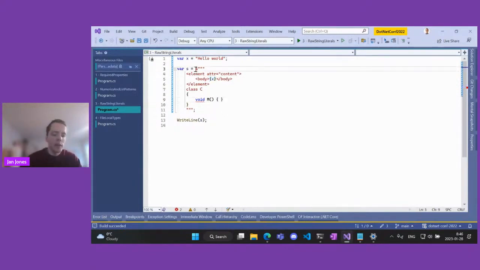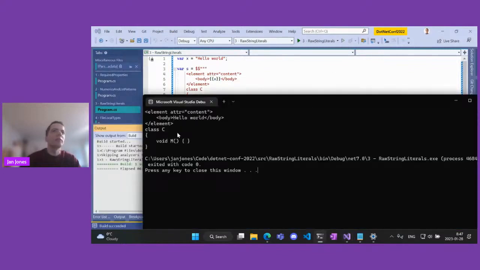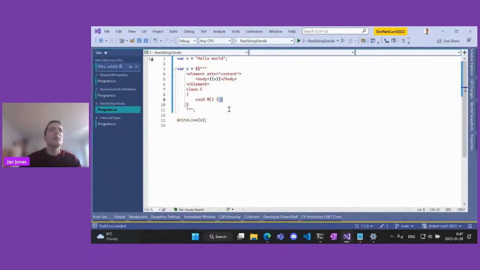So what can we do? Again, we can add another dollar, and now the braces are interpreted as braces normally, and if I want to interpolate anywhere, I can double them, and it works like this. So the X is still substituted, but the other braces are just literally in the output.